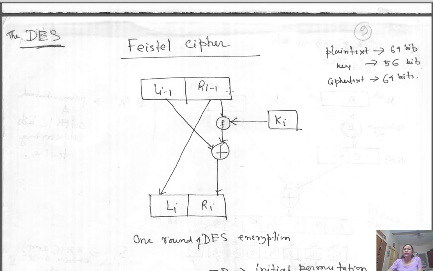In the next iteration, we use the first round key K1. L1 and R1 we generate in this way. L1 is essentially R0, the right side of the given plain text is your L1, and R1 will be